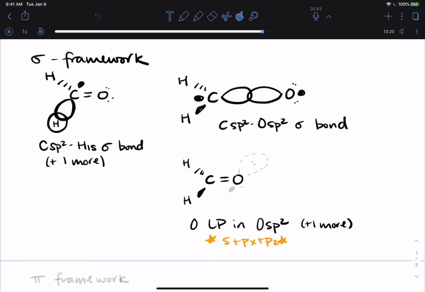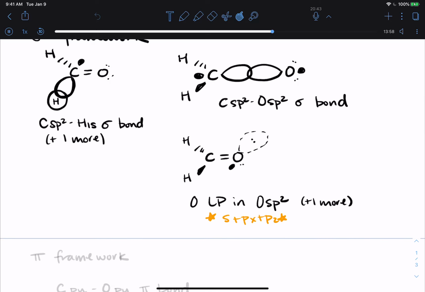So when you draw this, in this case, I'm going to draw the one going behind the paper so that it's abundantly clear that the lone pair is living in an orbital that is going back behind the paper. It's perpendicular to the screen, perpendicular to the paper, however you happen to be looking at this. It is not in the plane of the paper, and you will lose points if you draw it in the plane of the paper. Okay. So I'm trying to be very emphatic here because it's super important that these are pointed directionally, correctly, and consistently